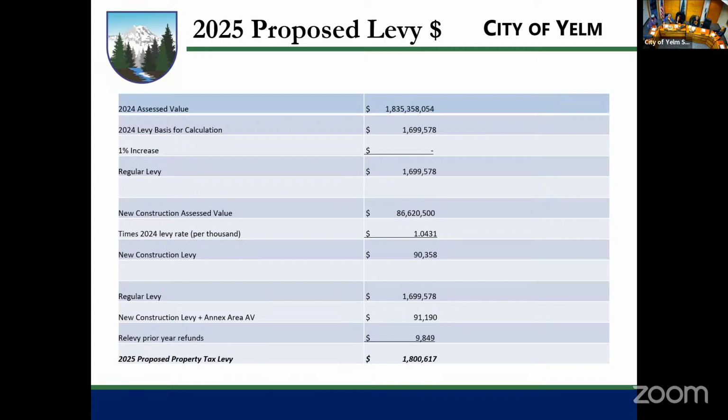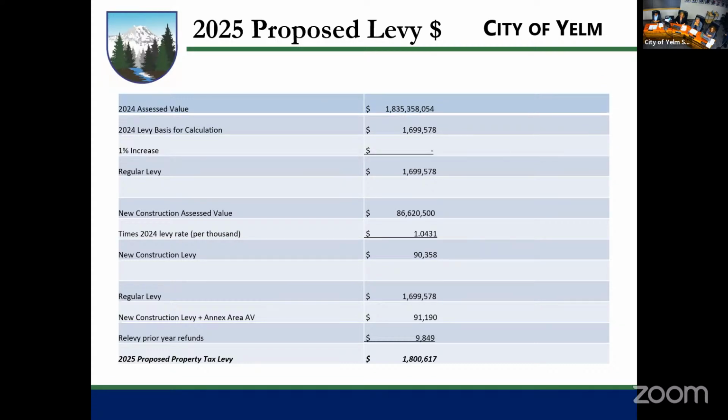So this is the 2025 proposed levy. I start out showing you the assessed value of the city, which is $1,835,358,054. The levy basis for calculation is $1,699,000. That's our starting point. That is the levy from last year. We are not taking a 1% increase. So to add to that regular levy amount of $1,699,000, we have